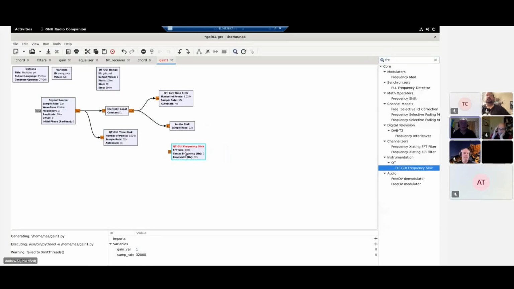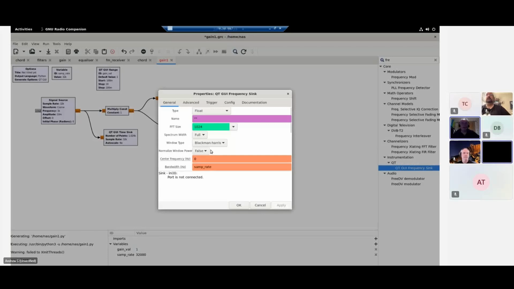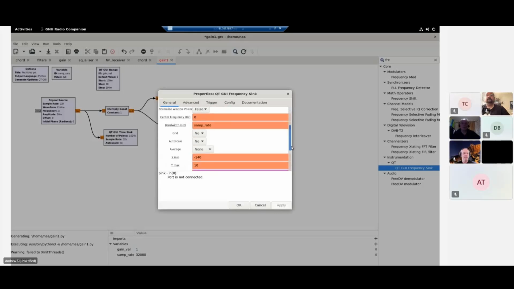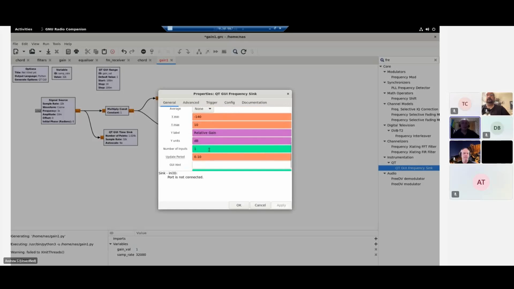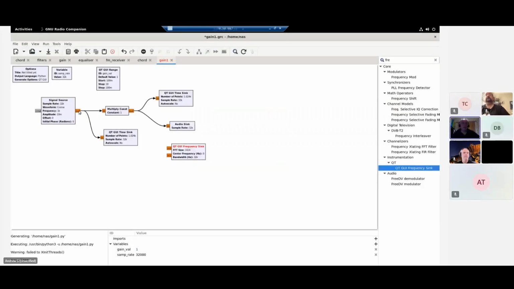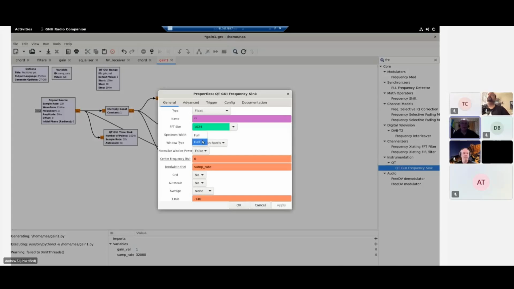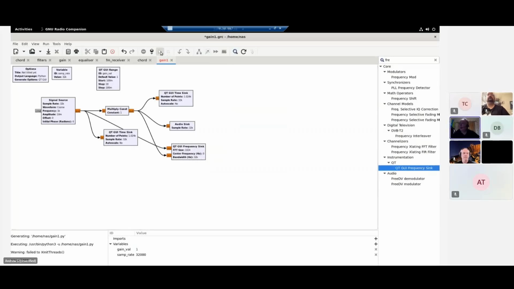Again, I'll hold the down key to make it float, but I will change the number of inputs to 2, and then take first input from before the multiply and the second input from after the multiply. Again, we need to go in there and change this to half, and then if I run that,